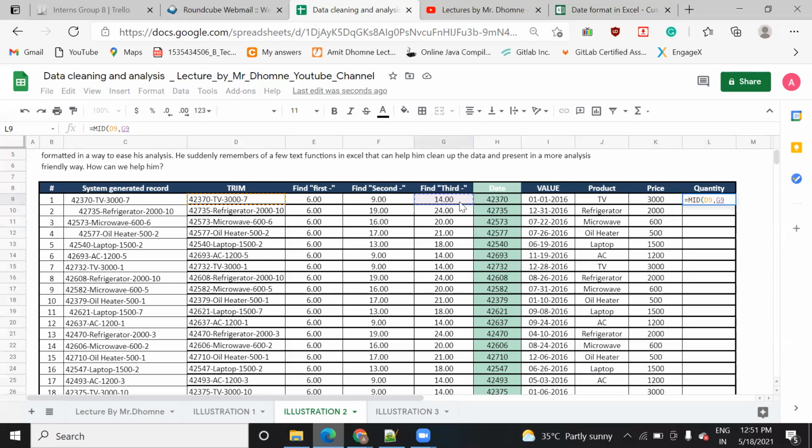So in order to do that, we need to find out the total length of this string, right? We haven't found the total length. So how can we do that? In order to find that out, I'm just creating one more column here.